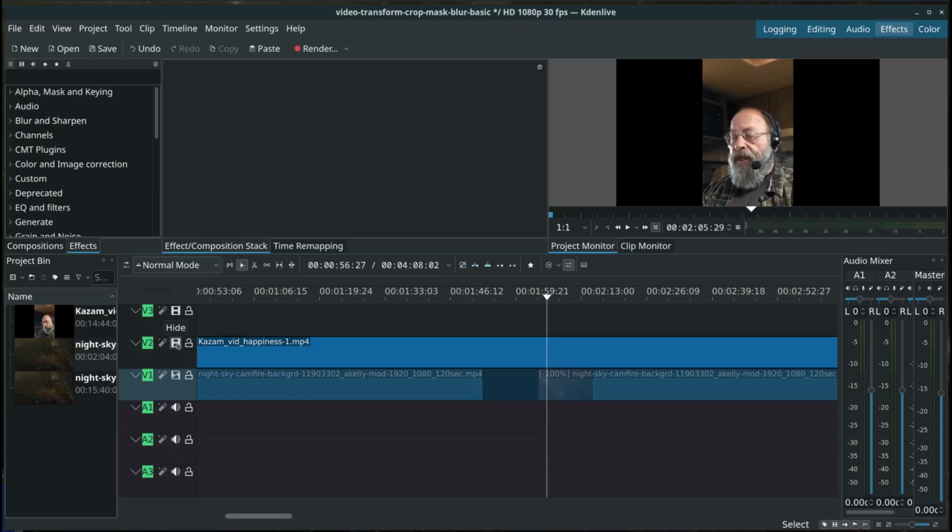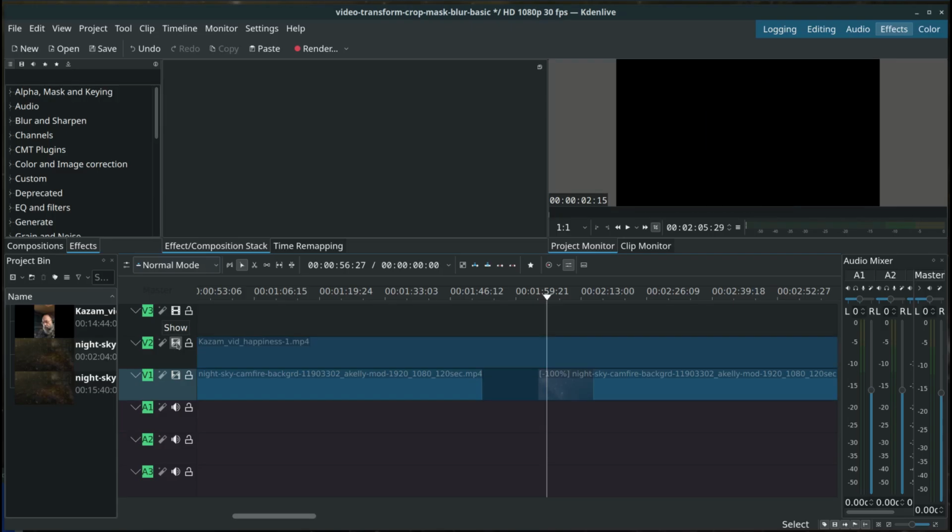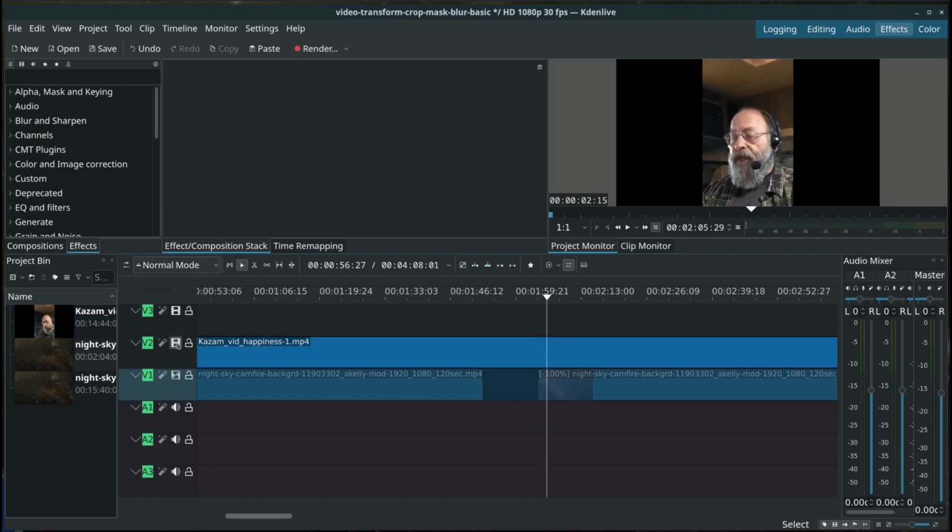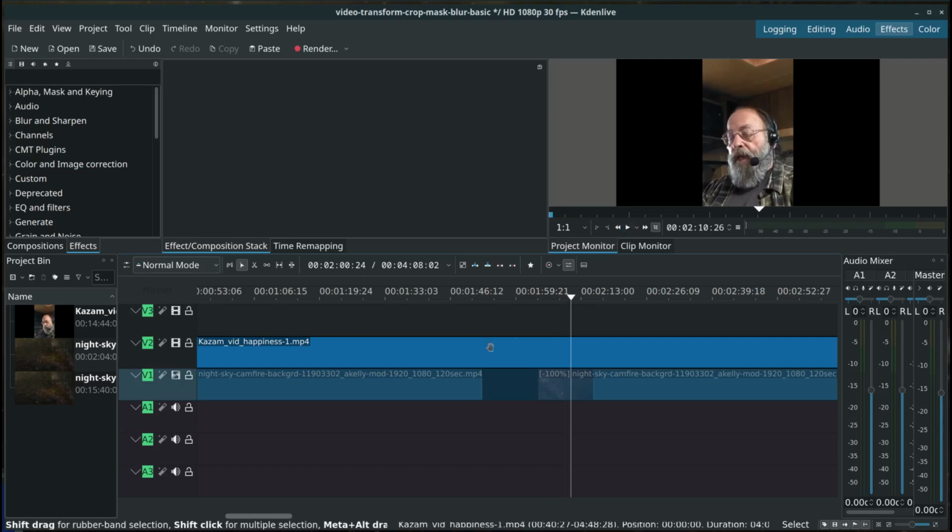I'm gonna disable it so you see the difference. It's basically a black screen, and then what's gonna happen here, I'll just play a few frames. This guy talking his head off. And so the basic setup in this case